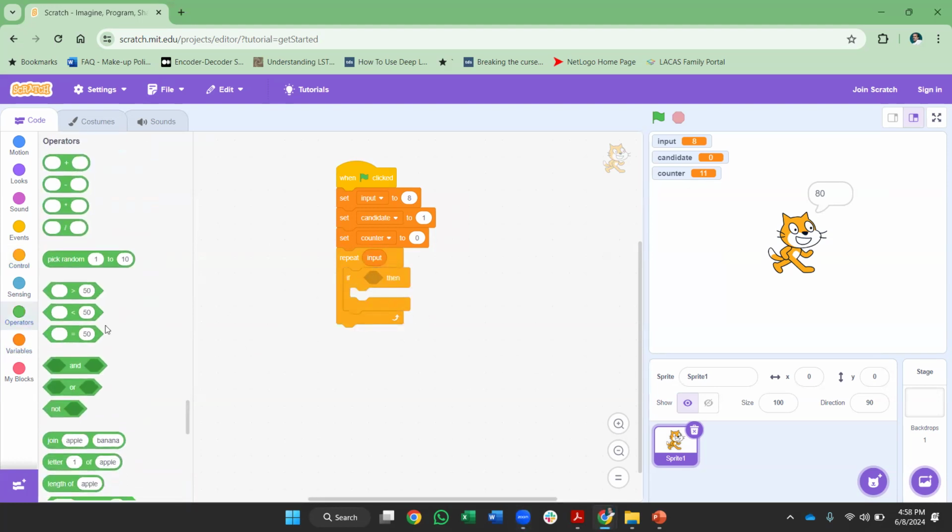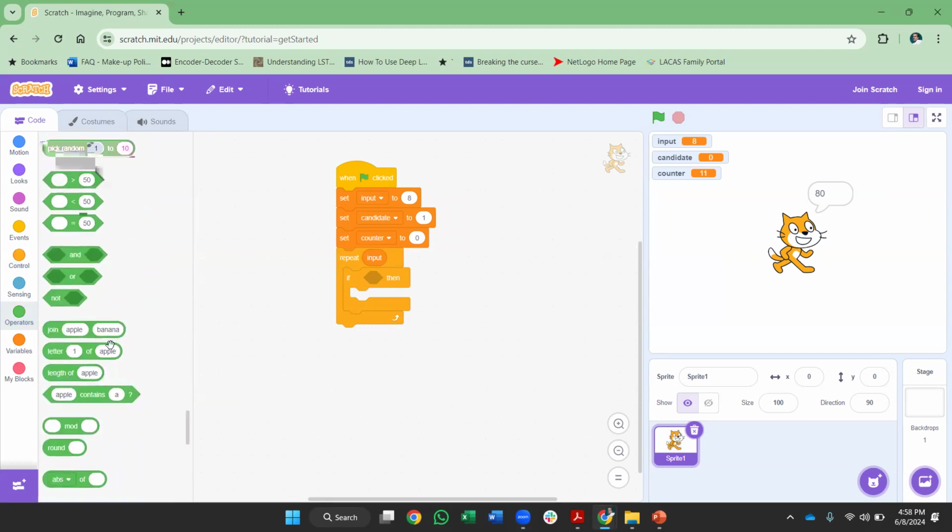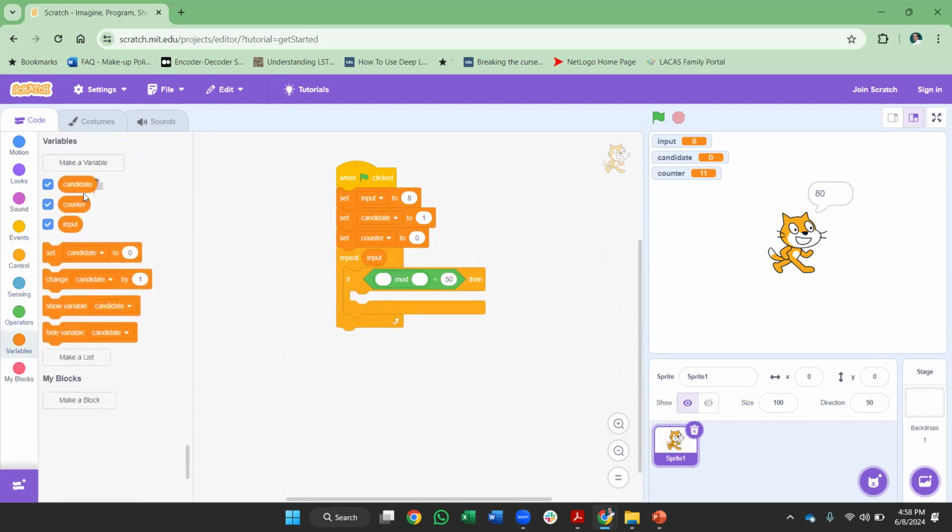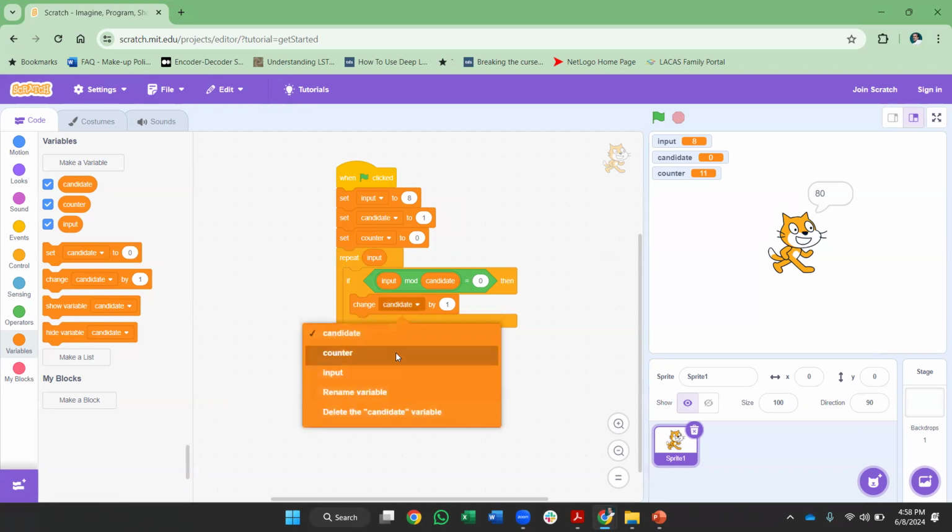which is somewhat similar to what we saw in our previous factors code. So bring in this equal block, bring in the mod operation. What has to be divided over what? Input has to be divided over candidate. So if input mod candidate is 0, what do I need to do? I simply need to change the counter by 1,